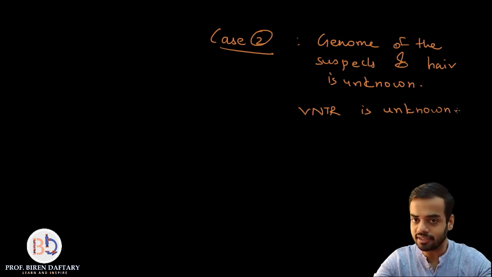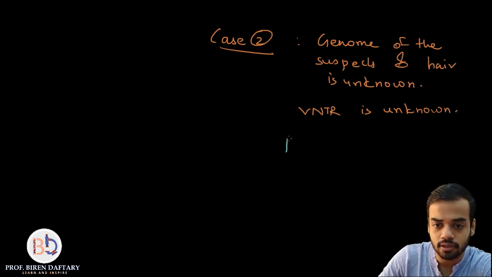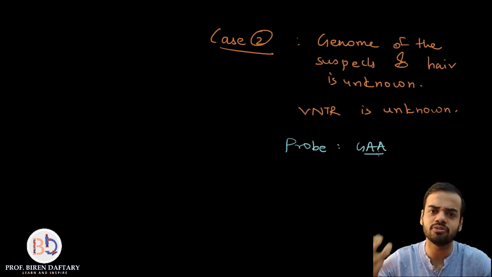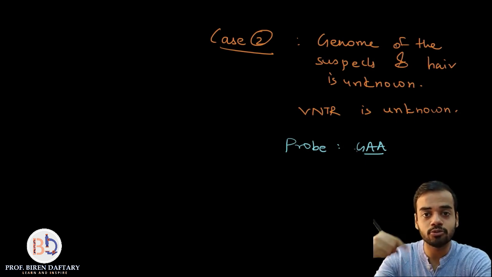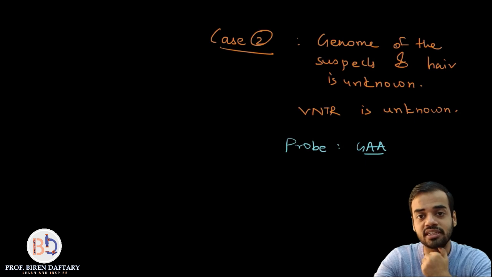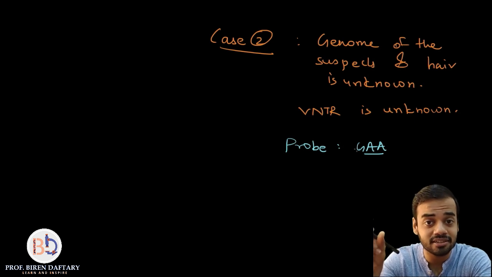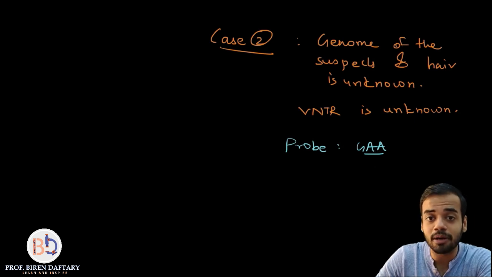Now when you take that GAA probe, let us write down over here. I am taking the probe as GAA. This is the sequence. I have just taken any random nucleotide sequence. You can take CCC, anything. Now, where will this probe go and bind? You know the next step, it is hybridization. So this GAA will bind to which sequence? It will bind to the complementary sequence present on the single-stranded DNA fragment on the nitrocellulose membrane. I hope you remember. This will bind to the sequence which is CTT, correct?